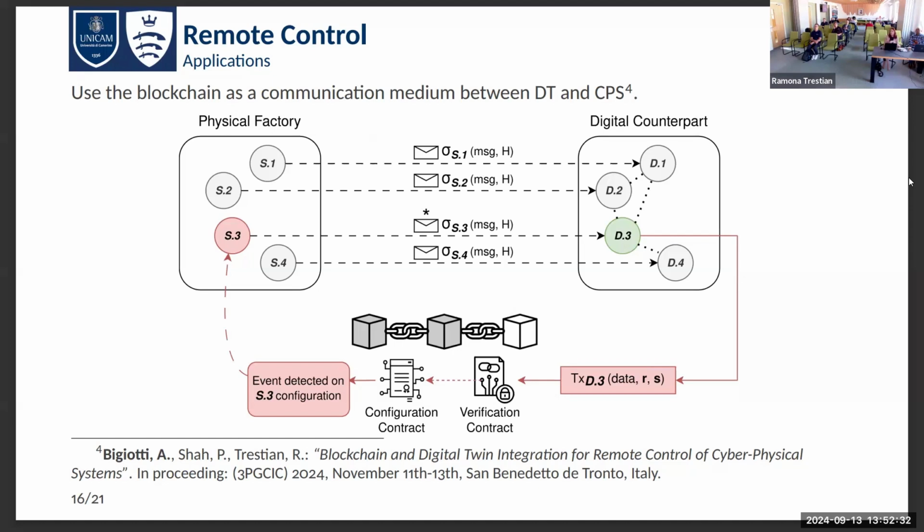But another idea in which we can use the blockchain, that in my opinion could be even more interesting, is why we cannot use the blockchain as communication medium between the digital twin and the physical system. Because we saw that since the digital twin relies on IoT sensor devices, the communication is the risky part, also from the physical part to the digital one. So the idea is, if you think about the cyber physical factory, for example, where we have a number of sensors monitoring the task of the station on which they are tied.